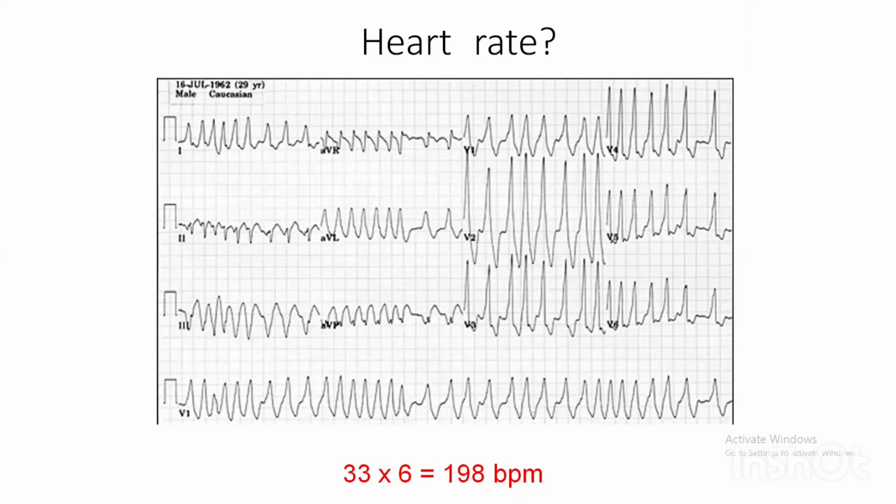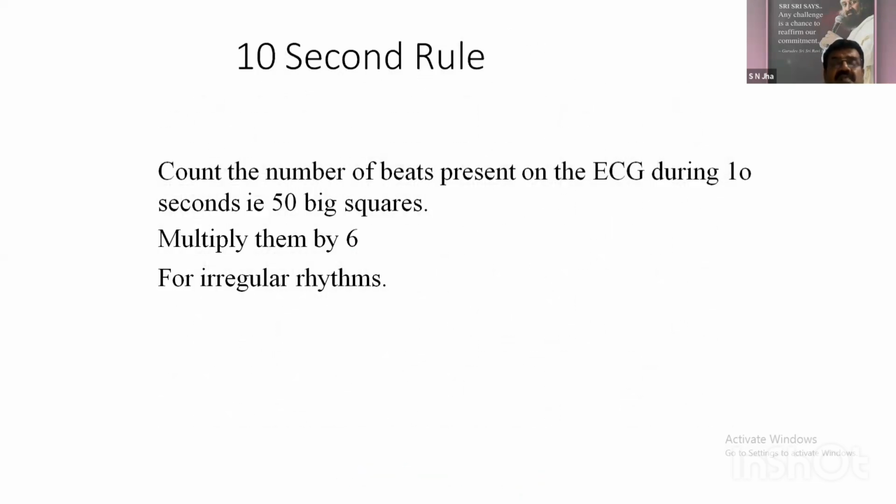Here what is happening? It is sometimes VT and sometimes VF. So you can see very irregular rhythms. It is called ventricular fibrillation, and sometimes the positive waves are the same. That is VT. If you want to find out the rate, count the number of beats present on this ECG during 10 seconds, that is 50 big squares. So how many are there in 50